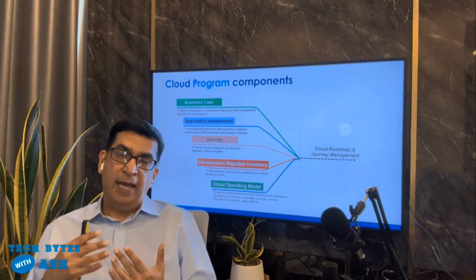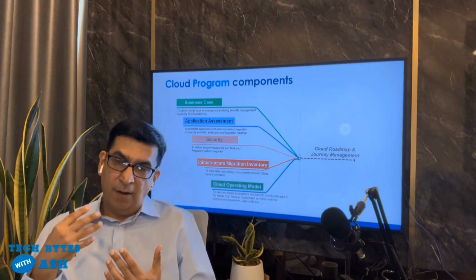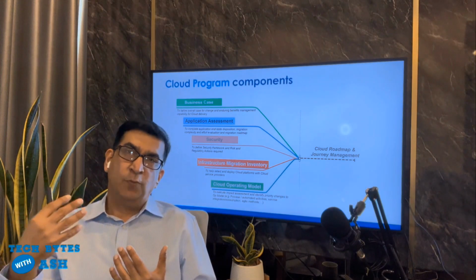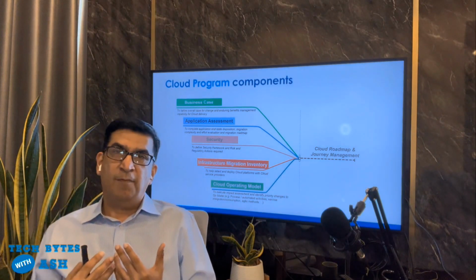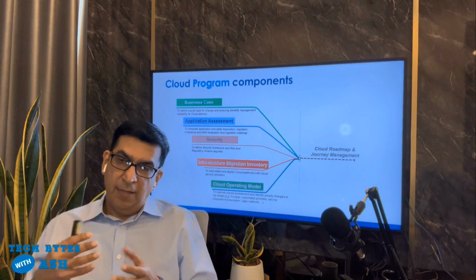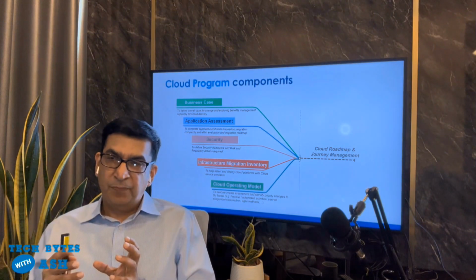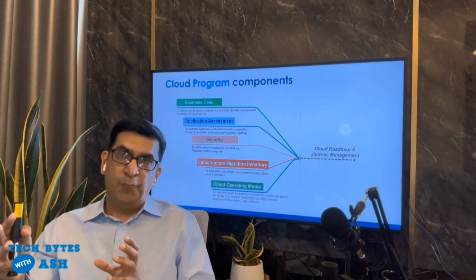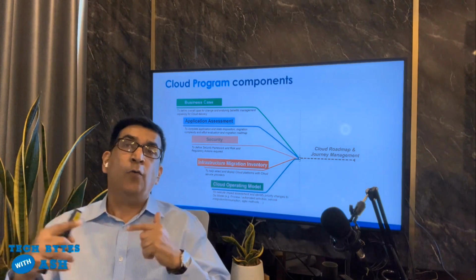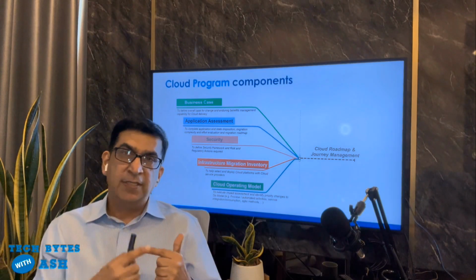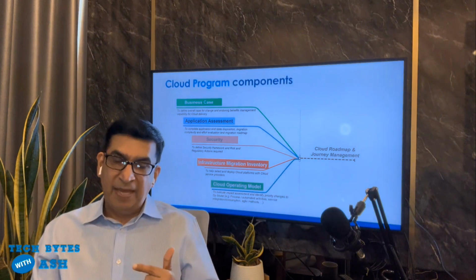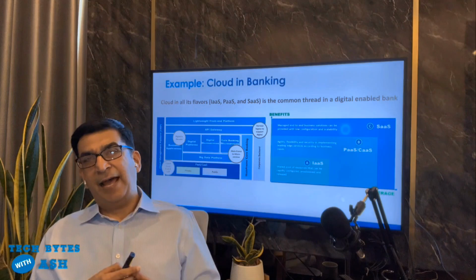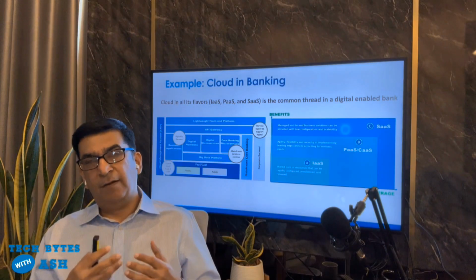They use this in terms of making sure they're getting more agile. They're using things like DevOps, which is development operations, and I'll cover that in one of my episodes for sure. They're using all of this to say that cloud computing is not only about where the computing happens, it's also more importantly about how the computing happens, and they use this as a leverage to make some of those things better, right?